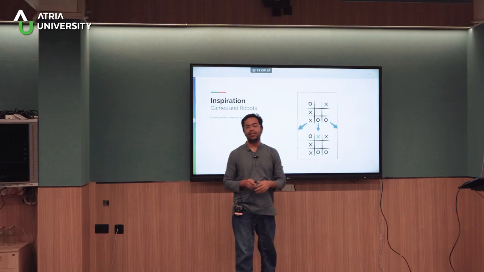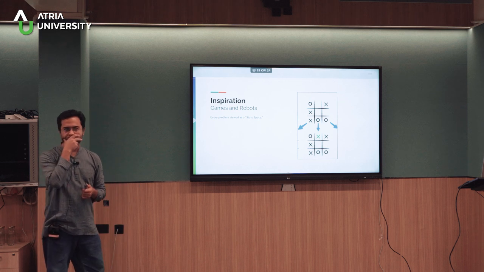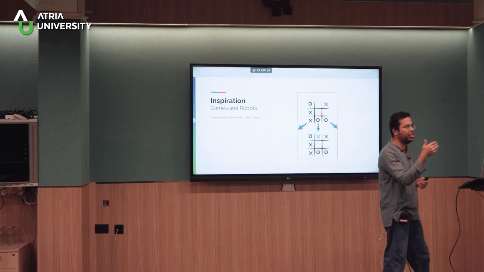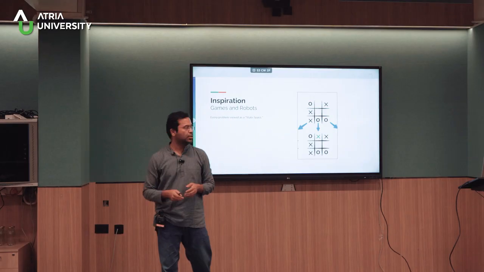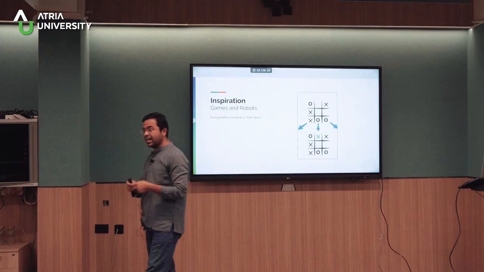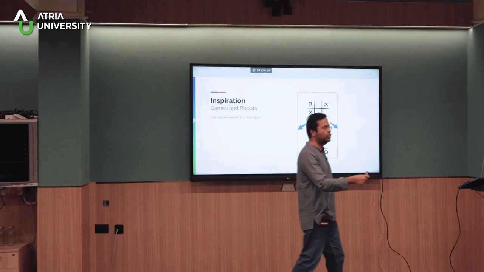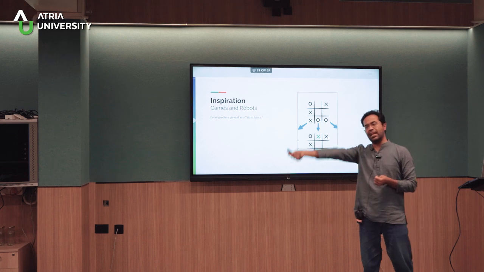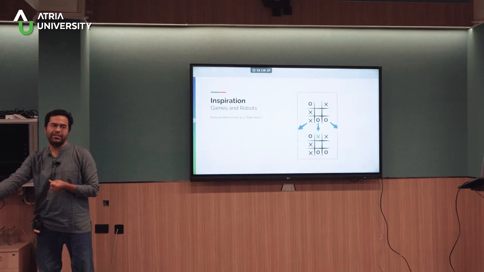So suppose you are sitting here. The question that they posed is, can the machine know what move to make next? That was the question, right? It seems like a logical argument. So can the machine logically deduce what is the best move to make next? In this case, as you can see, there are 3 moves that you can make next, right? But to decide which move to make, the machine has to think logically: if I make this move, what is the next move that my opponent will make? And then if they make this move, what is the move that I will make? And then if I make that move, what is the move that they will make?